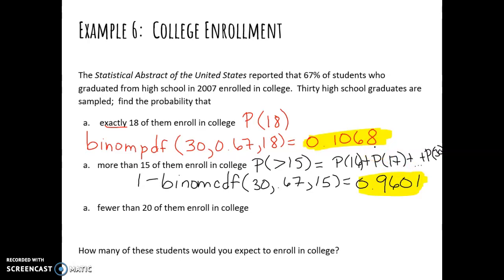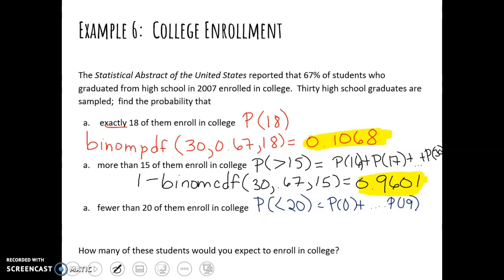Okay, fewer, what about fewer than 20? Fewer than 20 doesn't include 20. It's the probability of 0 plus the probability of 1 plus the probability of 2 all the way up to the probability of 19, because fewer than 20 doesn't include 20. It's 0 to 19. So that would be binom CDF